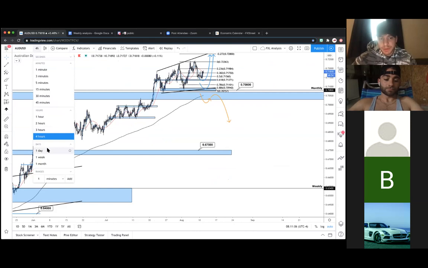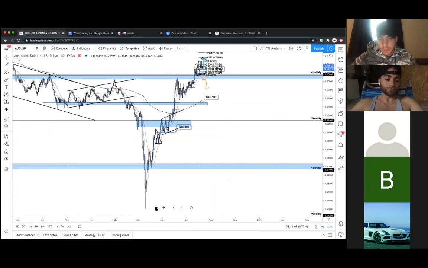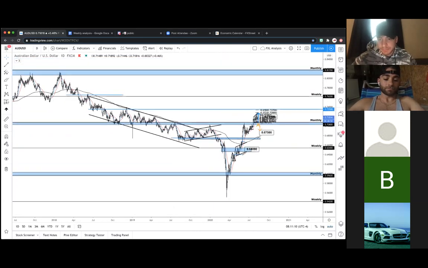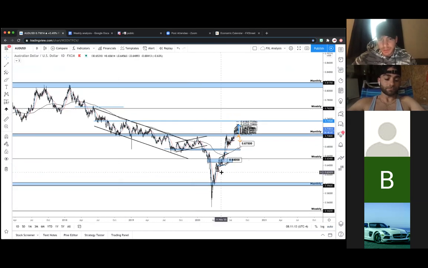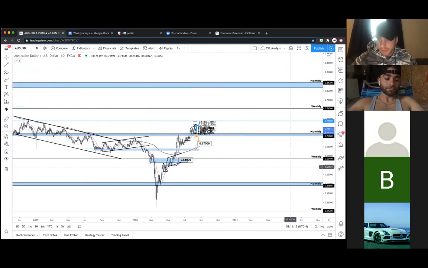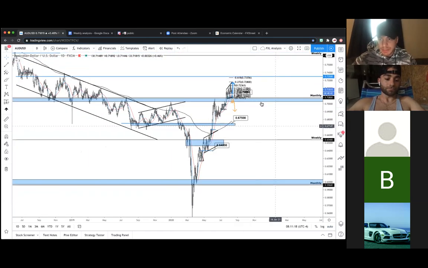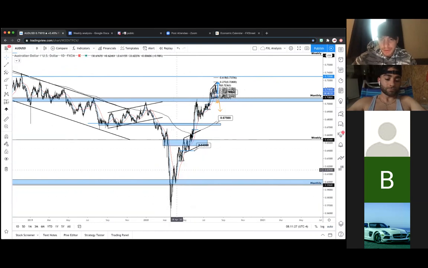Same thing, daily time frame, get that one look, get an overall idea of the trend and sentiment. Okay, bearish as hell. As we can see, very strong bearish channel, pushing lower and lower. Key zone being this monthly here. This was final support for a while, finally broke, retested as resistance once, twice, and then the final drop. And then it came back in a very strong 4-hour bullish trend. So this whole pullback here is a 4-hour trend. All this, okay? And it pushed all the way through this monthly. So that means daily transition. We have what looks to be a true transition and the start of a bullish trend.